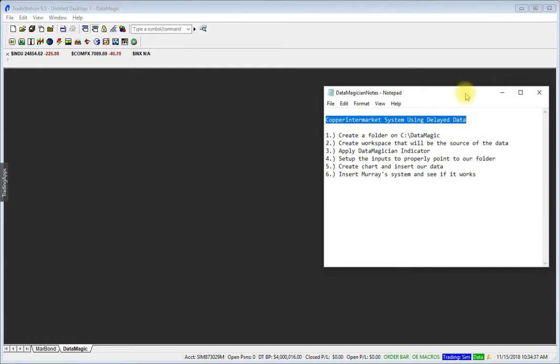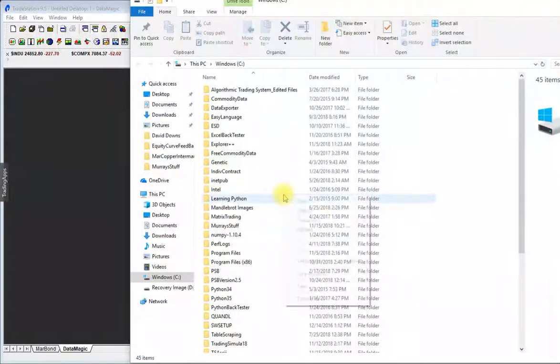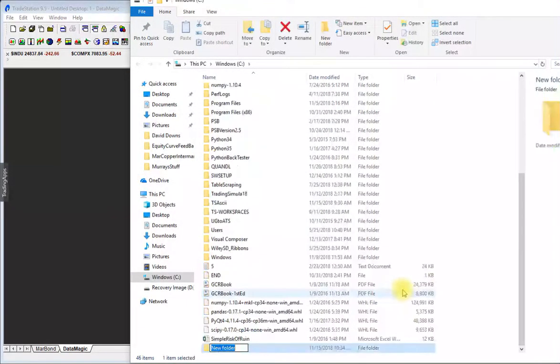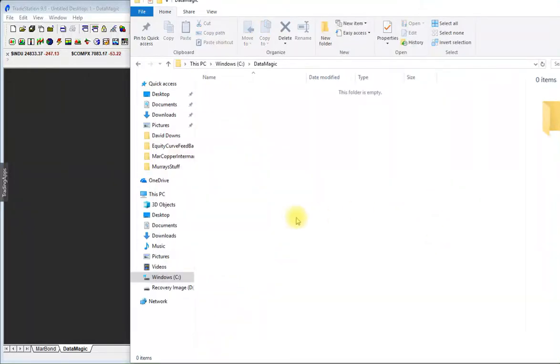So the first thing we need to do is create a folder on the C drive. In this case, I'm going to call it Data Magic. Now you can call this anything you like, just have to be consistent. So let's go over to my C drive. Let's create a folder. We're going to call it Data Magic. Make sure you spell everything properly. Data Magic. And let's see, there should be nothing in it, and there's not. So we'll go back,